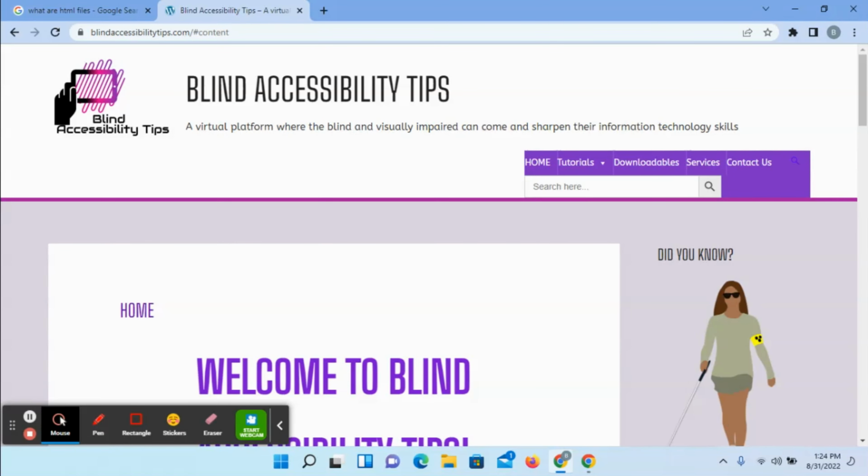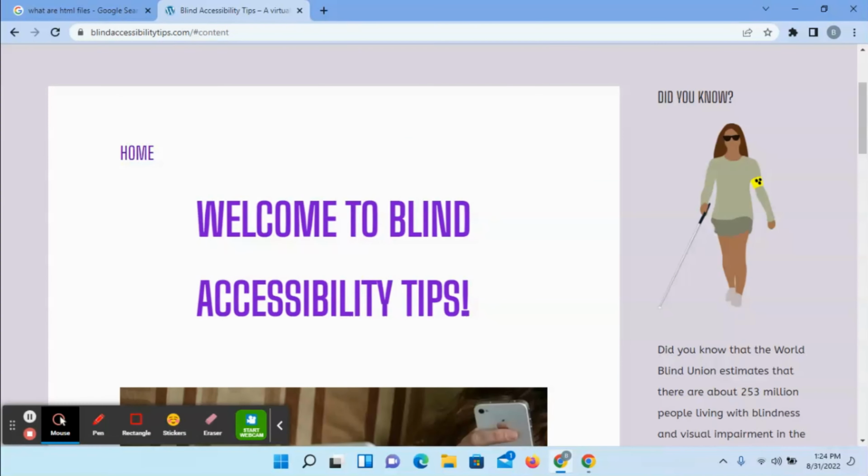The first thing I want to use now is the skip to main content link here. So I'm just going to enter on it and see where it takes us. Skip to content. Main landmark heading level 1 home heading level 1 welcome to blind accessibility tips. Graphic person using laptop computer and smartphone that have accessibility features for the blind. And if you notice,